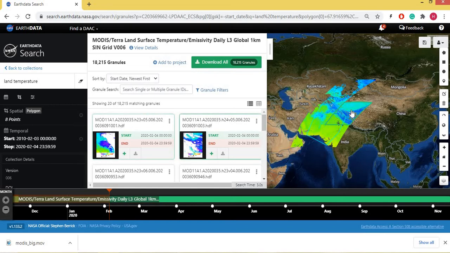So here we can see we have multiple images. This one image is H23, this one image H24. So H means this is its path number, and vertical is its row number.